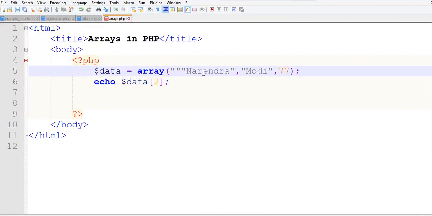We'll assume that Narendra is the first name. So inside double quotes we write first. After this, the first double quote ends, you write equal to followed by the right angular bracket. It means that the value Narendra is given the name first.